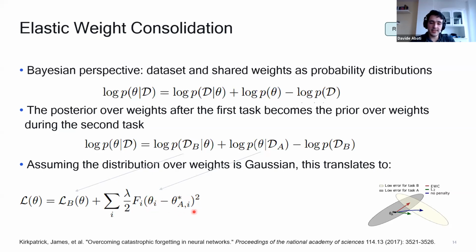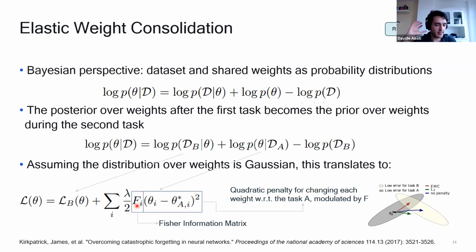And what's important is that this penalty is not constant over all the weights. It will be modulated by this Fi, and this Fi is a weight-specific number. It's a weight-specific modulation that tells you, well, this weight is very important, so changing this weight from the optimal estimate after task A will be very costly in terms of objective, and this weight will not be costly at all because it's not relevant.